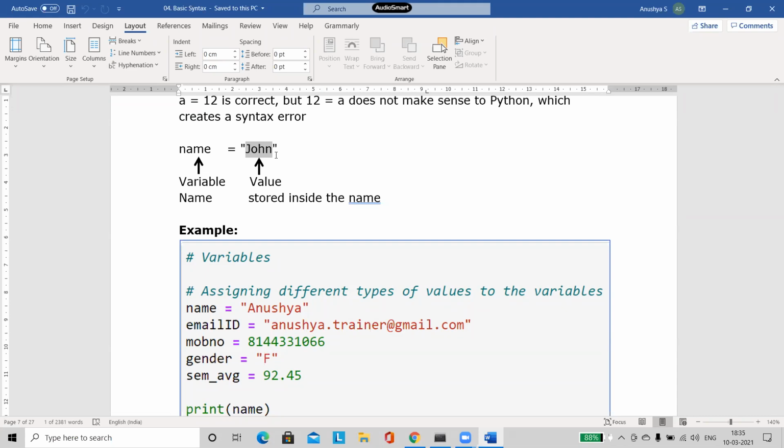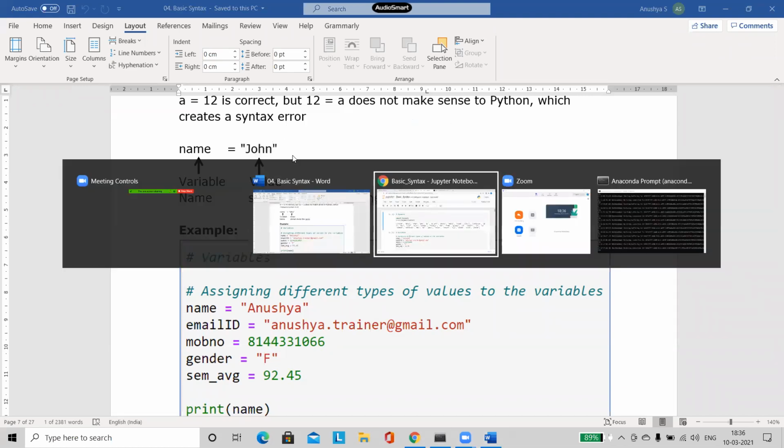But as of now, just remember, whenever you're going to give a string value, so I already discussed what is a string. Any group of characters, which may be alphabets, special characters, numbers. So anything, any combination of this is what we call as a string. And whenever you want to assign a string value, you have to put that string inside either single quotes or double quotes. Right, so let us quickly go through some examples.